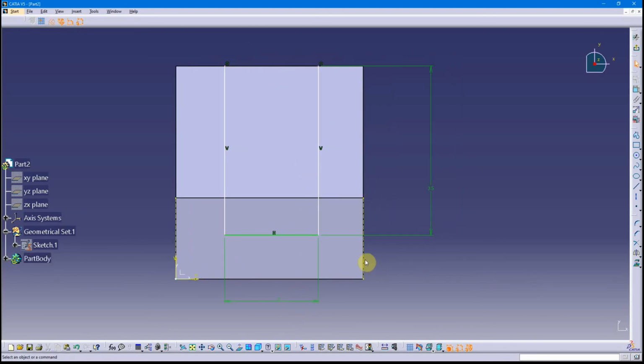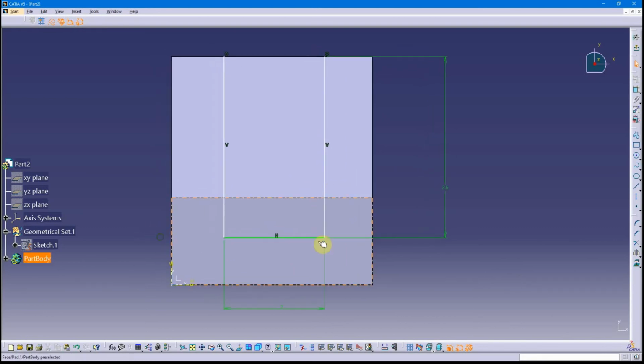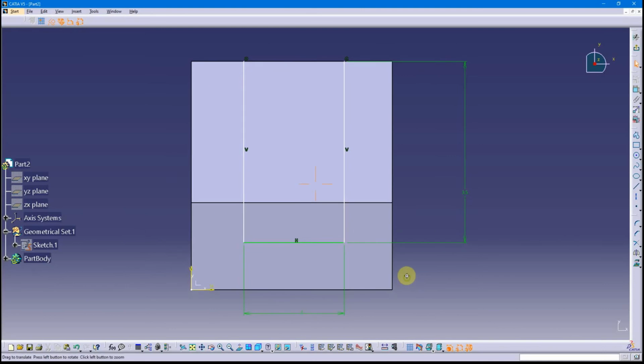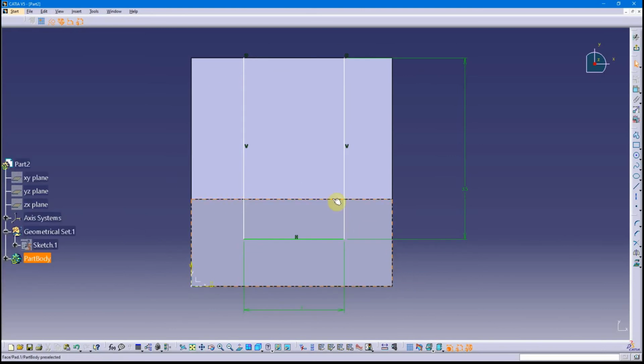CATIA used to be able to do this fairly easily. I noticed some changes in the latest release of CATIA. Hopefully it's a bug and they're going to fix it, but there are some issues with constraints to an edge. So I'm going to start off here, and I'm just going to do a project 3D